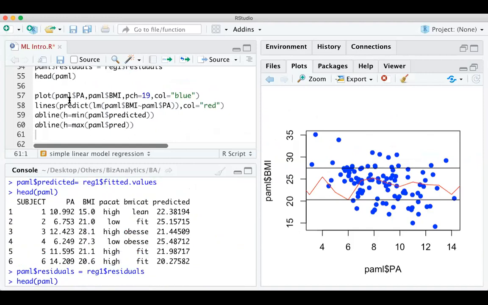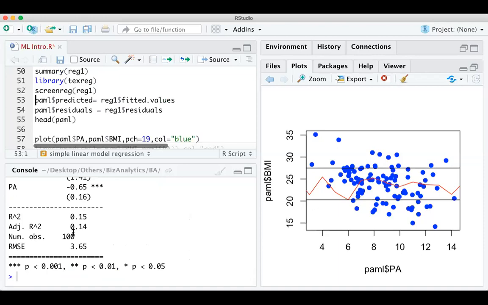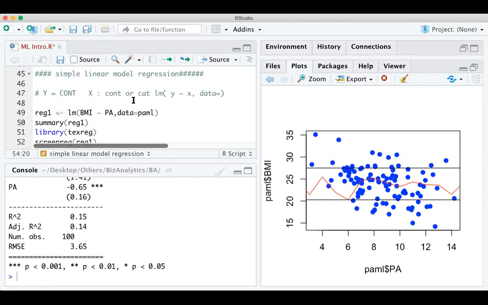If you run this again, you can see that R square is only 14 or 15%. At least if R square is 50-60%, it makes sense to look into that. But for a good prediction, R square should be at least 85-95%, then only it makes sense to look into that. Simple linear regression.